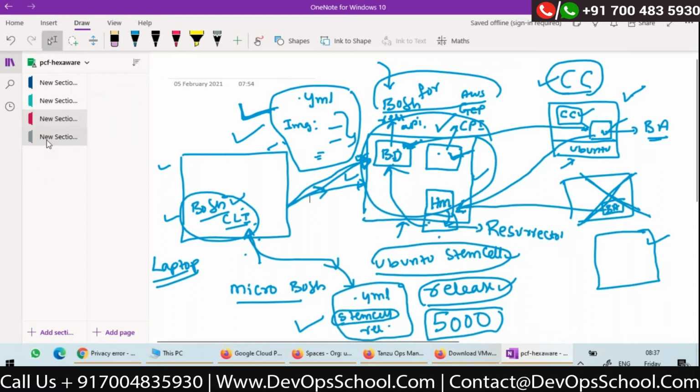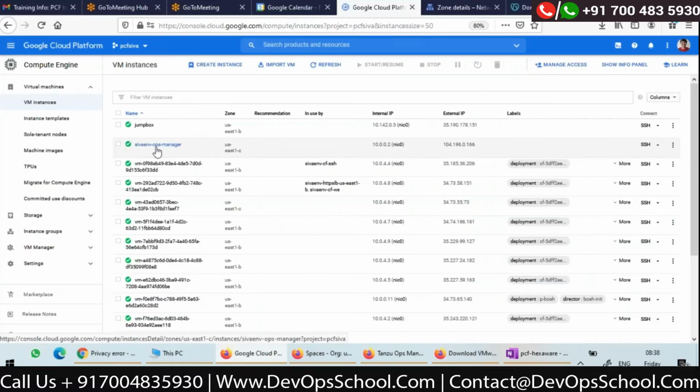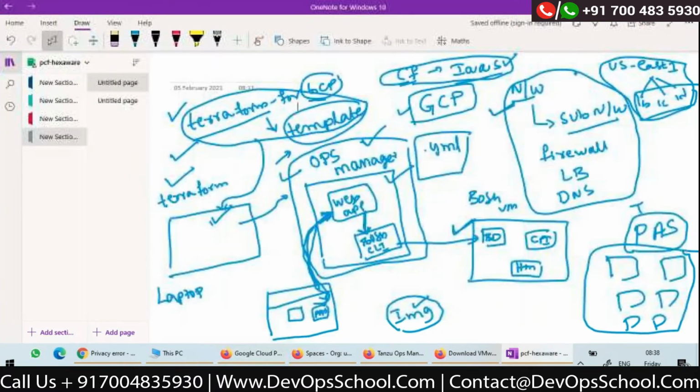But if we are using Pivotal Cloud Foundry, it gives us Terraform templates. With Terraform, we have to decide, I want to install Cloud Foundry on GCP or AWS. I have to download the corresponding templates on my laptop. And in the templates, there will be some placeholders, where we have to give the details and apply the Terraform template. Once applied, I'll get the VM. Which VM is it? See, this is the Ops Manager VM. This is not the BOSH VM. This is an Operations Manager VM, which contains a web application and CLI. That's all.